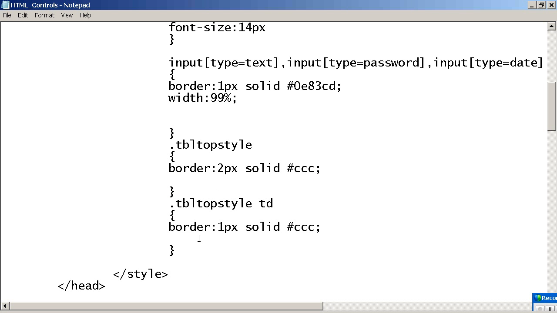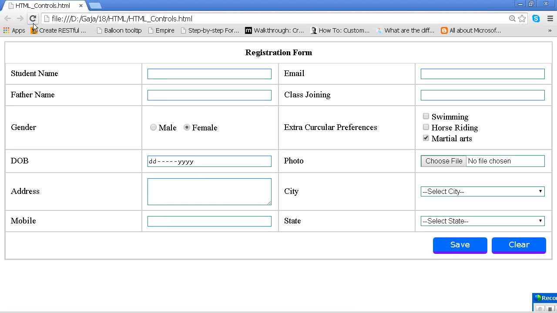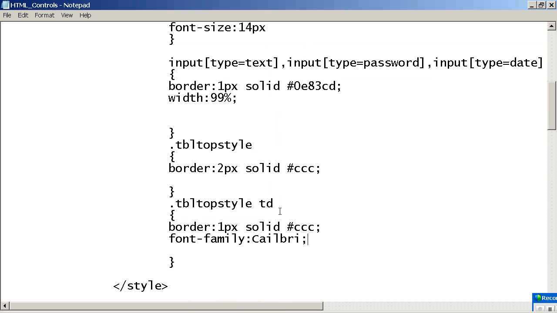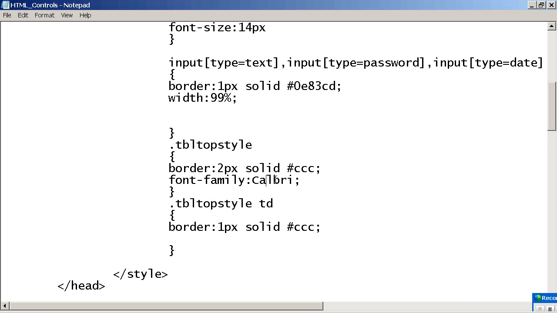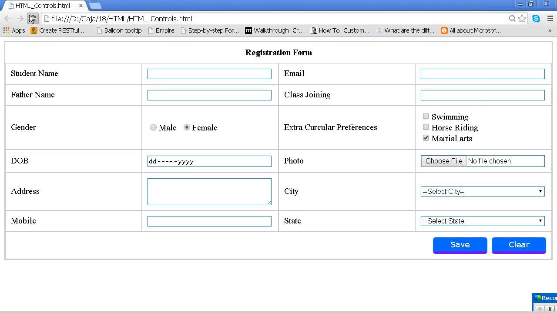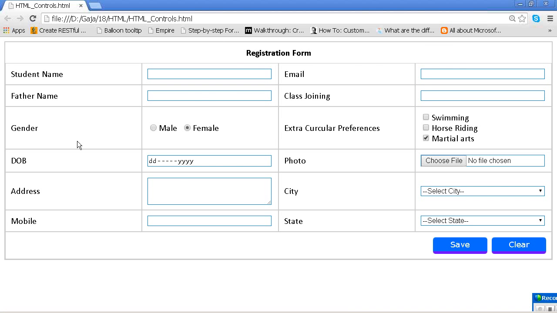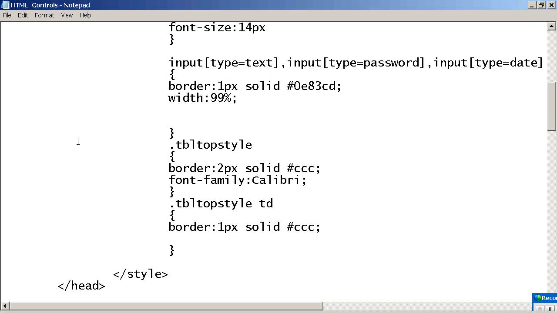Then I am just cutting down. So maybe here also it will work. Even in TD also you can. Are you understanding? Okay, next.